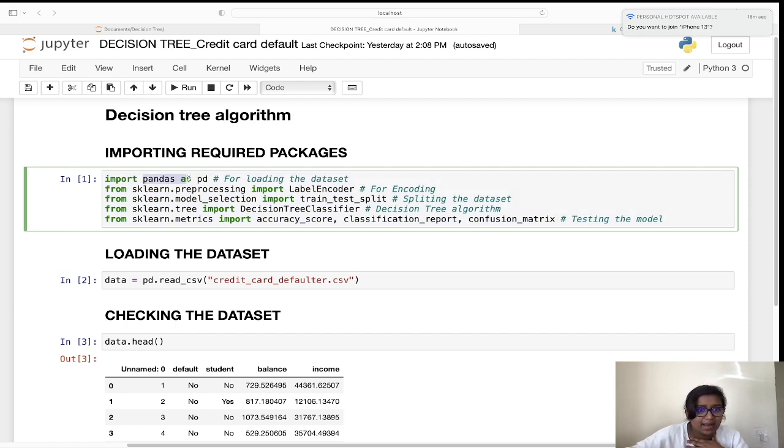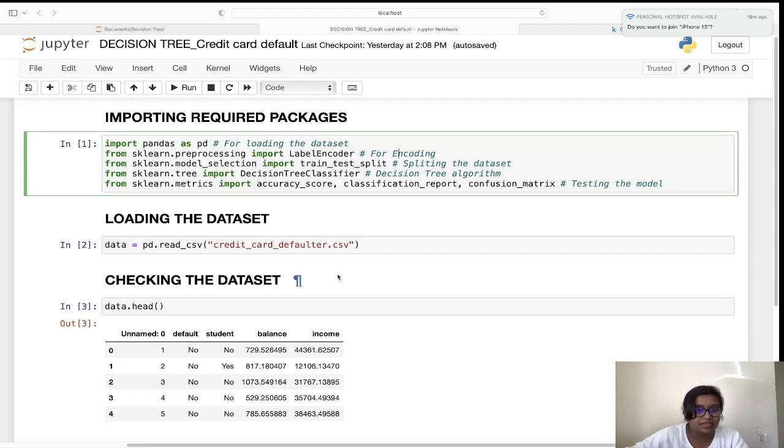First one is pandas. Pandas is a very common package. It's the basic package you learn in Python. It's used for data frames, to store the data into a data frame and then edit. For all the stuff we use pandas, right? So for loading the data set we use pandas. Then from sklearn preprocessing we use label encoder,